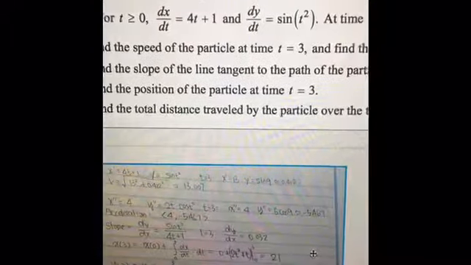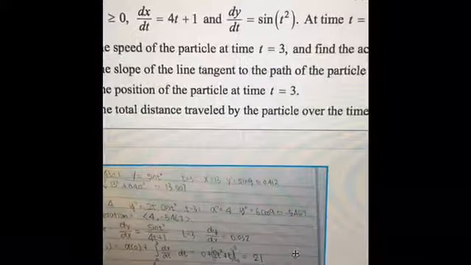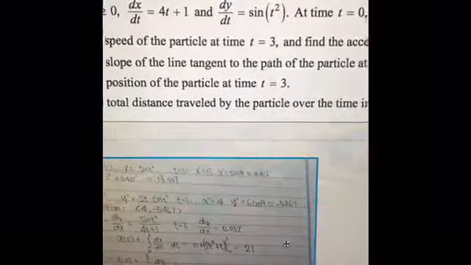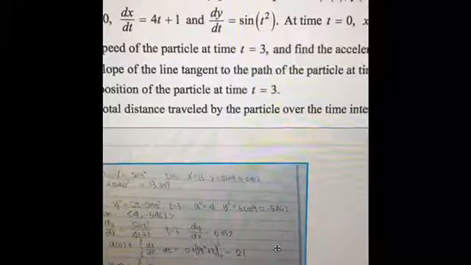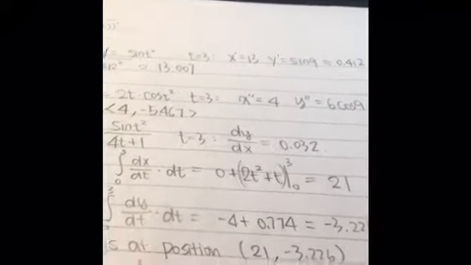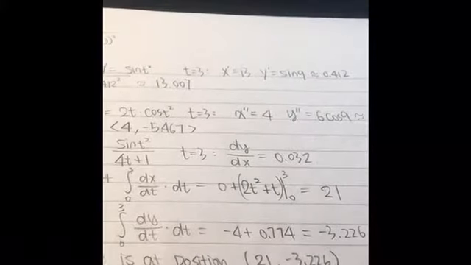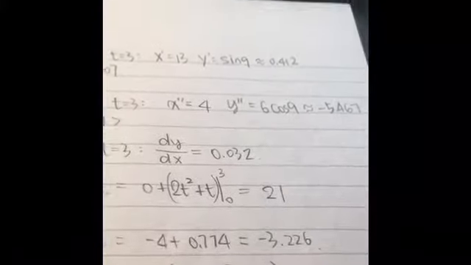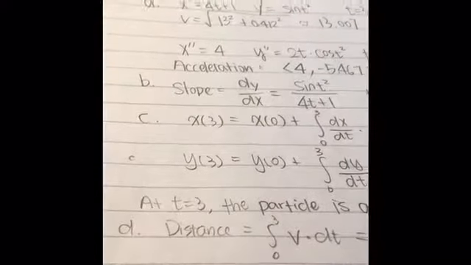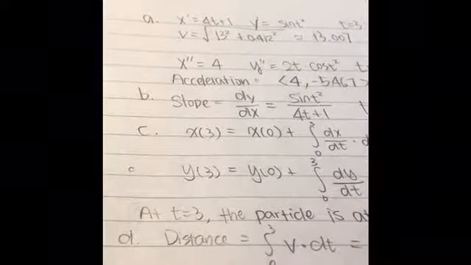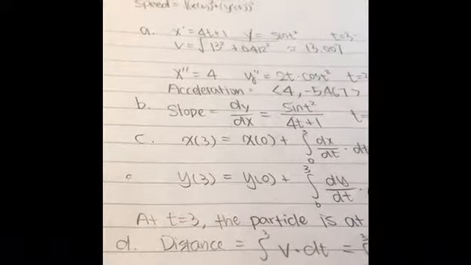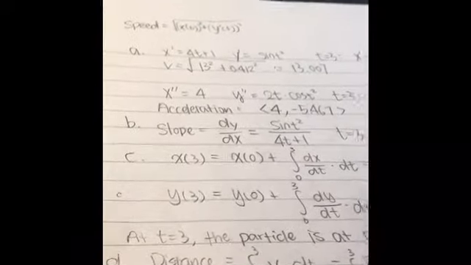And in the problem, we know dx/dt equals 4t plus 1 and dy/dt equals sine t squared. So that is technically our x prime and y prime. So when t equals 3, we can plug it in and we get x prime equals 13 and y prime equals 0.412. And we use that to find our speed, which is the square root of 13 squared plus 0.412 squared, and that is